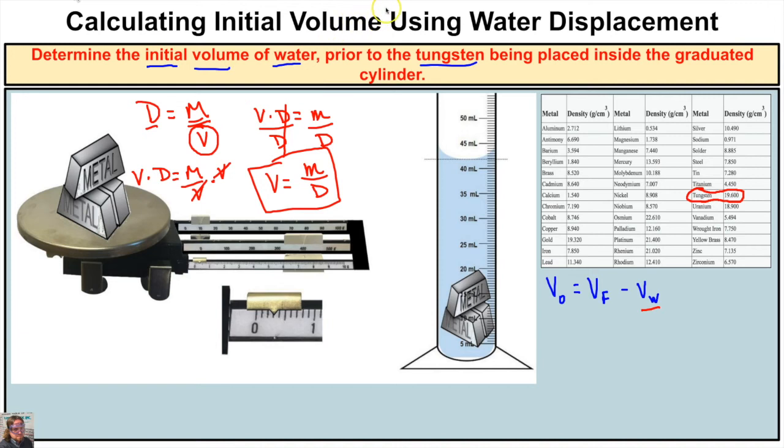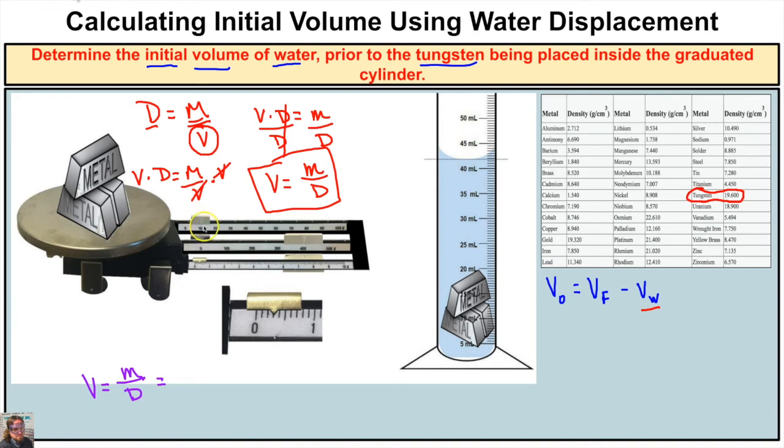And so now that we've figured out the formula we're going to use, let's go ahead and figure this out. To get the volume of the tungsten here, we'll take its mass and divide it by its density. So what is the tungsten's mass? Well, let's take a look here. If we take a look close at our triple beam balance, we know with 100% certainty that the mass of this is going to be